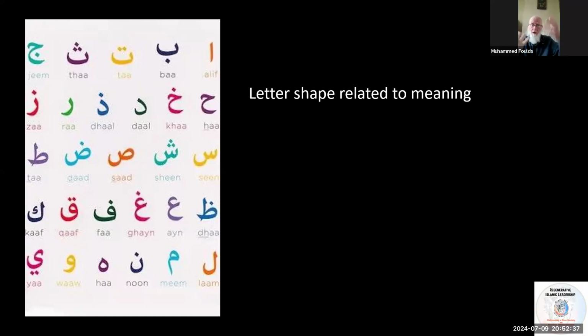So we have the Quran, which is revealed from Allah subhanahu wa ta'ala, and which contains shapes. And then we have the Al-Kitab al-Kawn, or the Al-Quran at-Takwini, which also contains shapes of the natural world, which then leads and opens doors to Allah subhanahu wa ta'ala's names and His attributes. So, frequency.